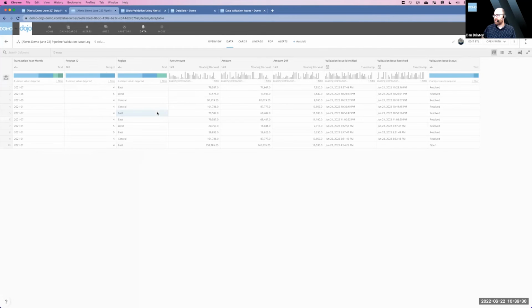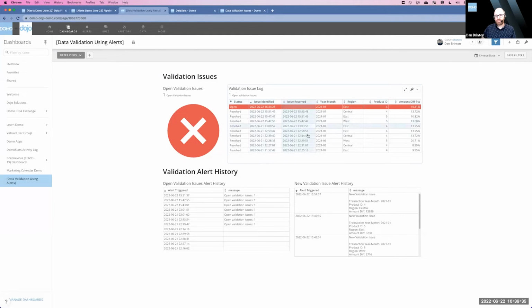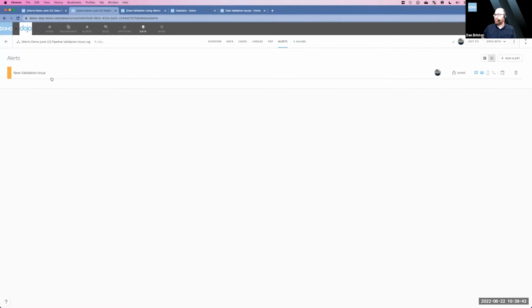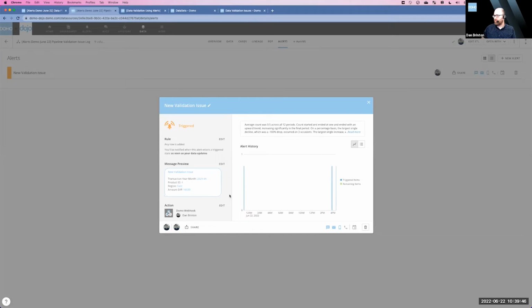So this is the data that's driving this validation issue log card, right? And I've got an alert set on this log data. And there it is. So once again, I'm writing the alert information to a Domo JSON webhook connector, so I can capture the alert trigger event. But I'm also using the other action type that we make possible in alerts, which is projects and tasks integration. And so if I come over to my Domo projects and tasks,